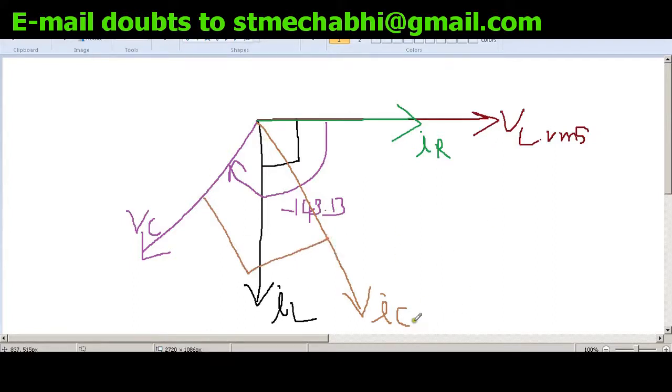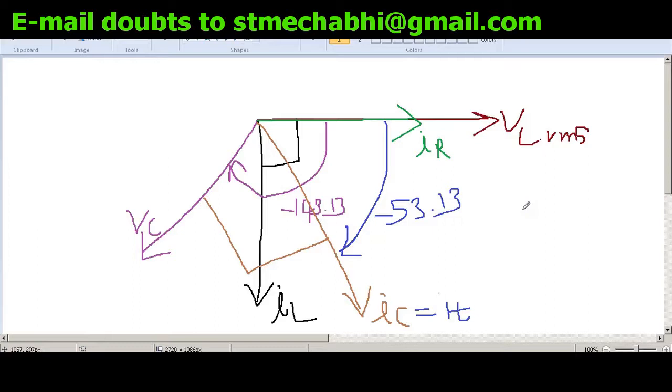On the other hand, what should be the angle between the reference voltage and the current through the capacitor, which is the same as the total current? We already calculated the total current, 50 milliamps, and the angle is 53.13 degrees. It is minus, which means it is measured along the clockwise direction. So now let's check whether we have marked everything.